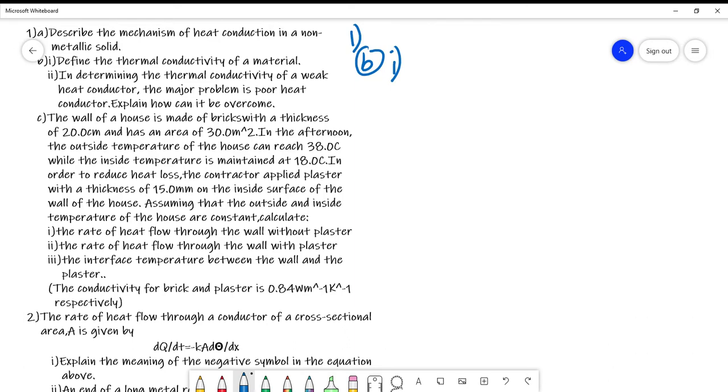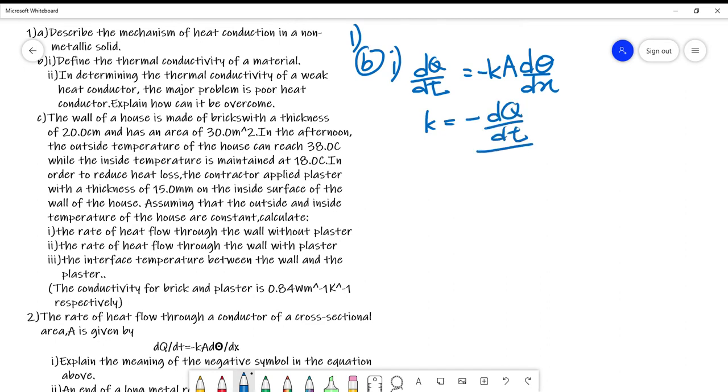We know that dQ over dt equals negative thermal conductivity times the cross-sectional area times the temperature gradient. If we derive the expression of thermal conductivity, we get negative dQ over dt divided by A d theta over dx. Hence we get the definition for thermal conductivity, which is defined as